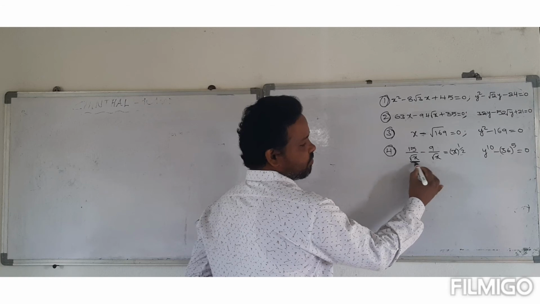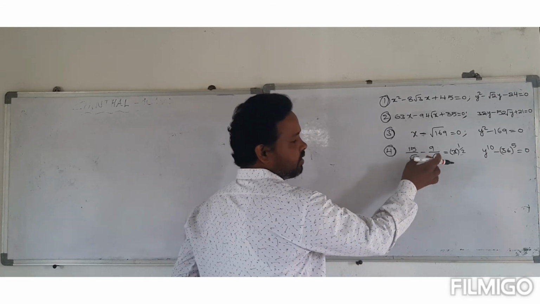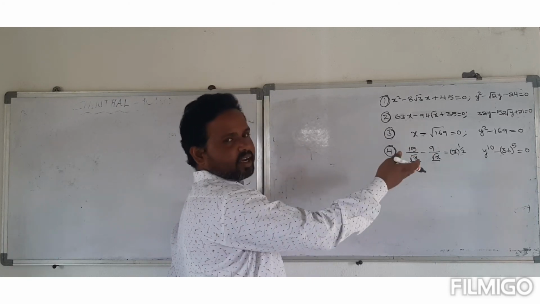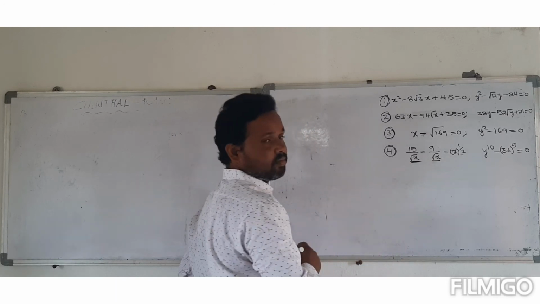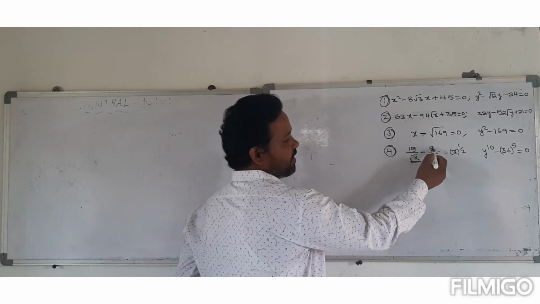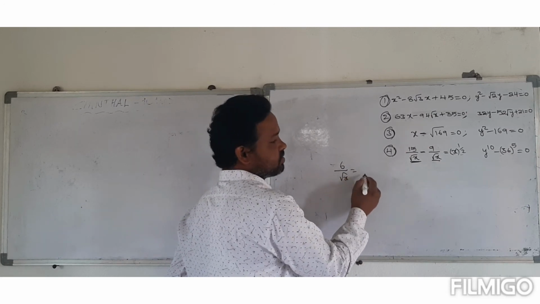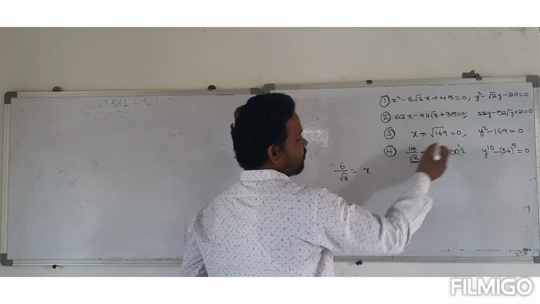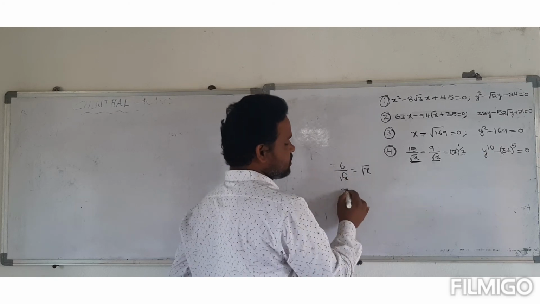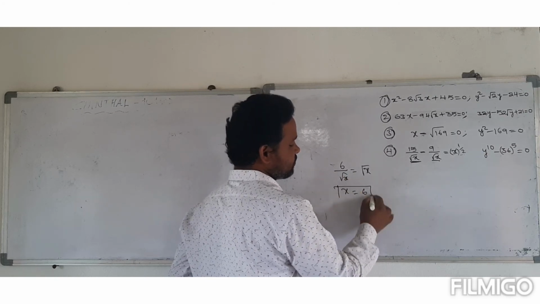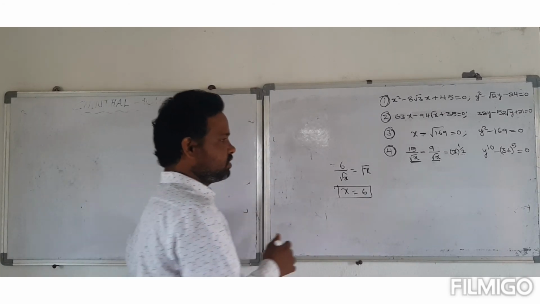If the denominator values of fractions are equal, then we can directly subtract or directly add. But here which sign is there? Minus is there. That's why 15 minus 9 is equal to 6 by root x, equal to x to the power of 1 by 2, which means root x only. Root x into root x is equal to x, so x is equal to 6. Okay guys, this is the x value.